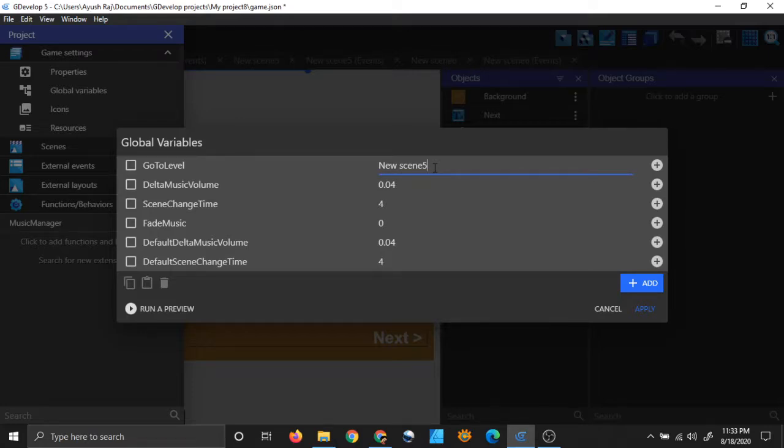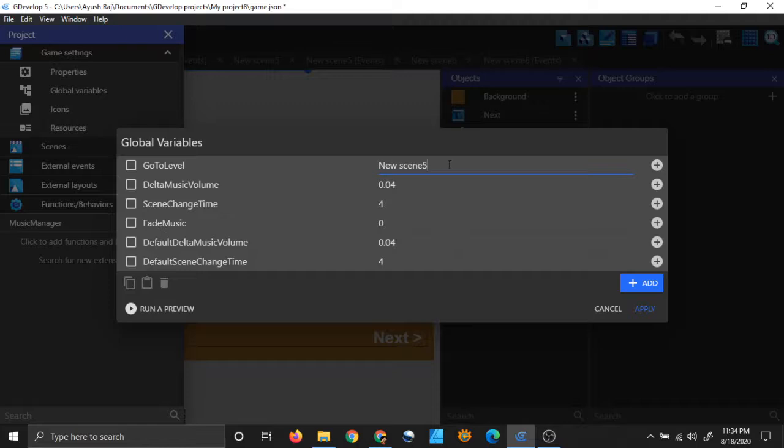Suppose your game has some other scene name, for example, maybe Midgard Area 1. Suppose this is your stage which you want to switch to at the beginning. Just write your stage name. I have written new scene 5 because I have new scene 5, right?